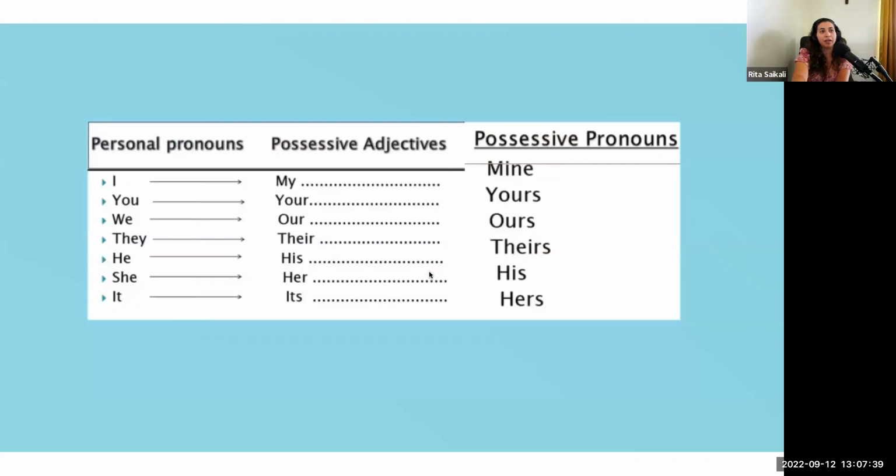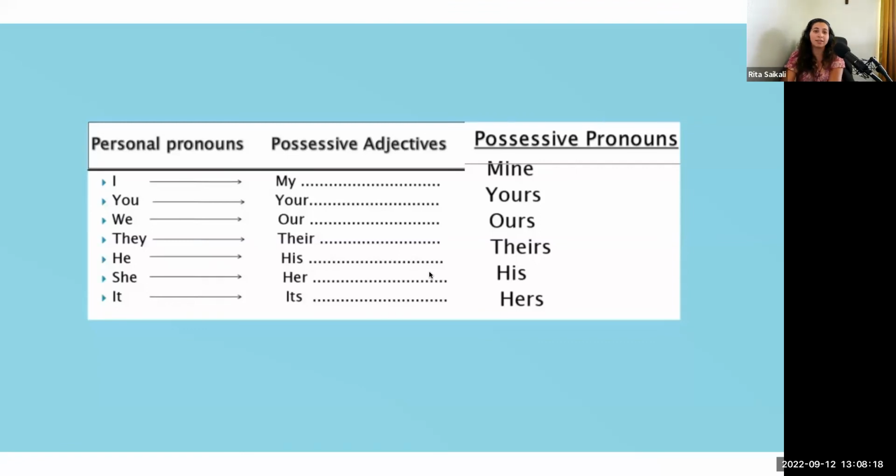Okay. So what is the list of our possessive pronouns? Mine, yours, ours, theirs, his, and hers. If we look at the screen, you can see the differences. It's very similar. Your, yours, our, ours, their, theirs. His is the same, her, hers. Okay, and its is the same as well. I don't know why it's not on the list. All right, so it also stays the same.